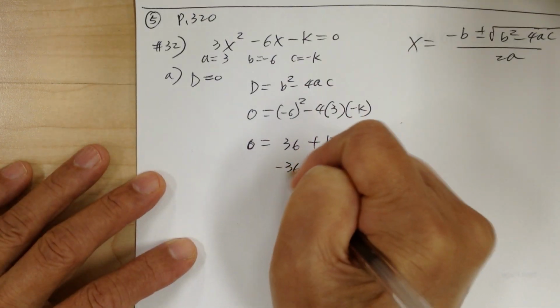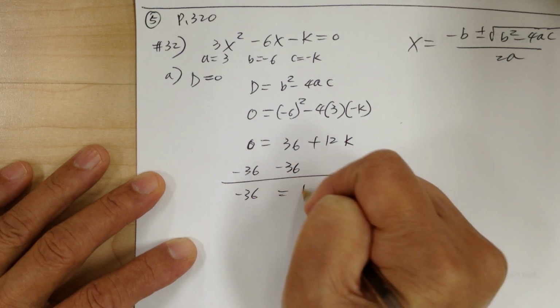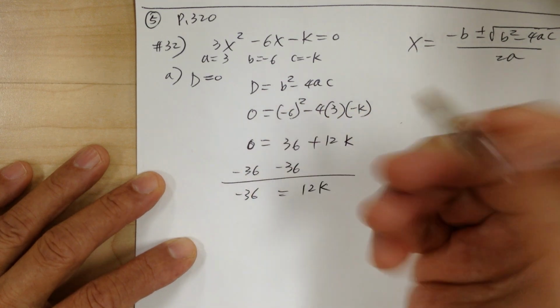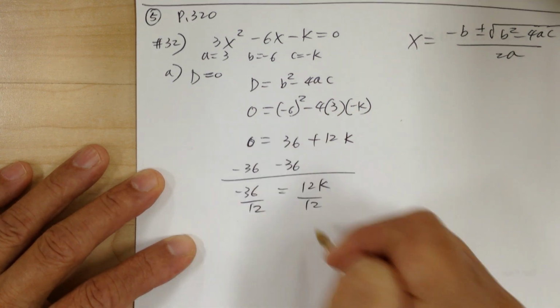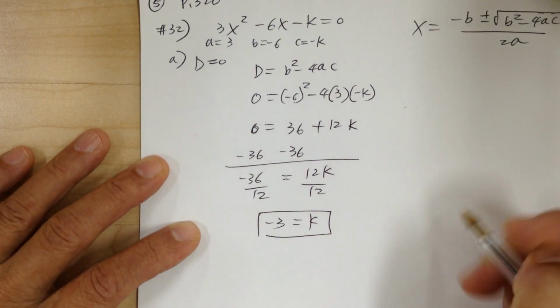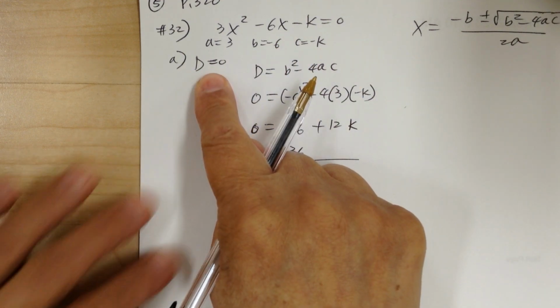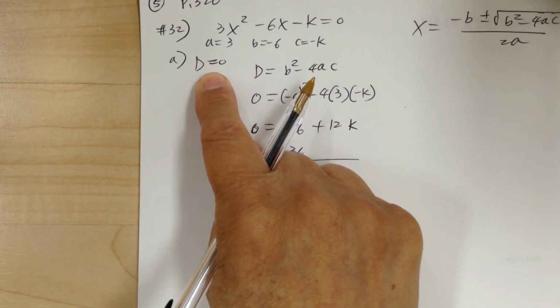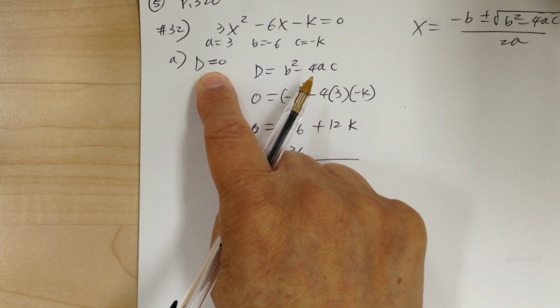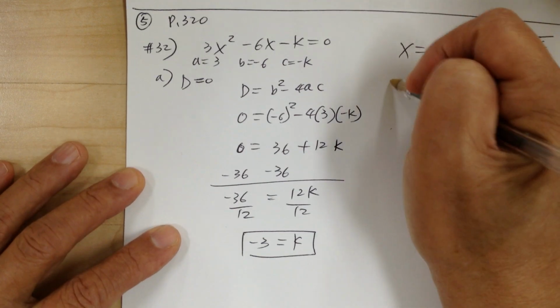So minus 36 on both sides. So negative 36 equal to 12k. I should have moved this up, but it doesn't matter. So divide by 12, divide by 12. So you got k equal to negative 3. So when k equal to negative 3, you get the double root. And if you're going to get two different real roots, so for part B,